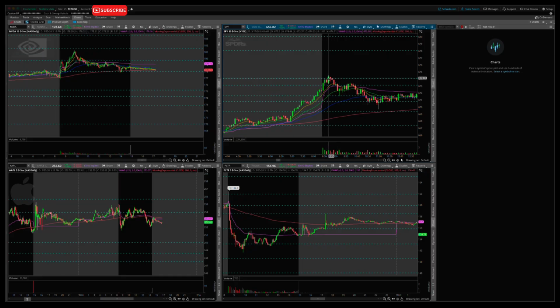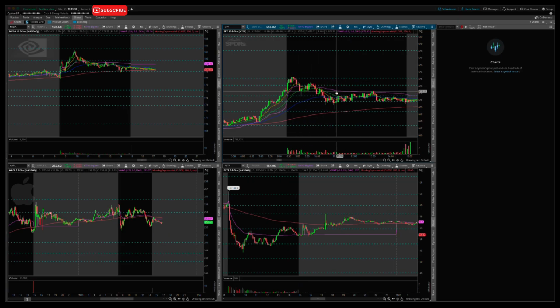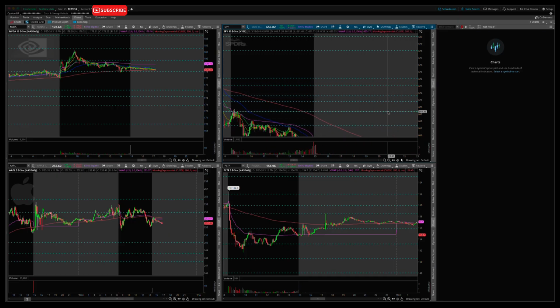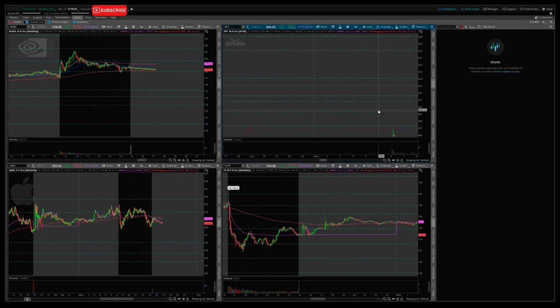And I probably should have waited for the 5-minute close, but I saw that it just kept pushing, and I was already down, so didn't want to give up any more gains. And then just a mistake on my part. I should have re-entered, and then just had my 674 as my stop. But yeah, lost 800 last week. So far, I'm up like 1,500 this week, something like that.